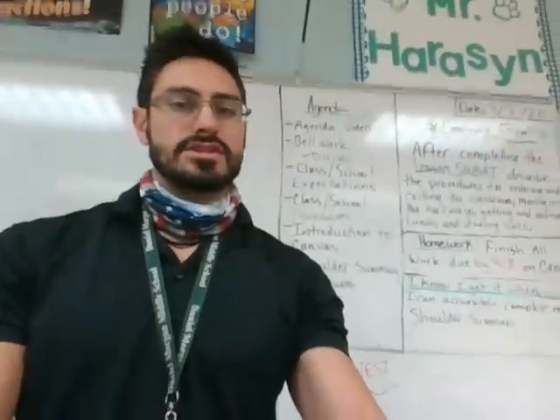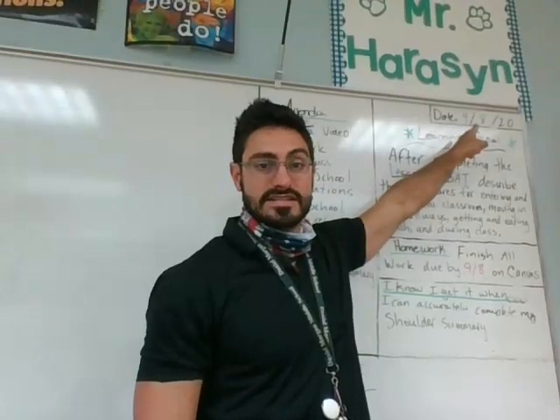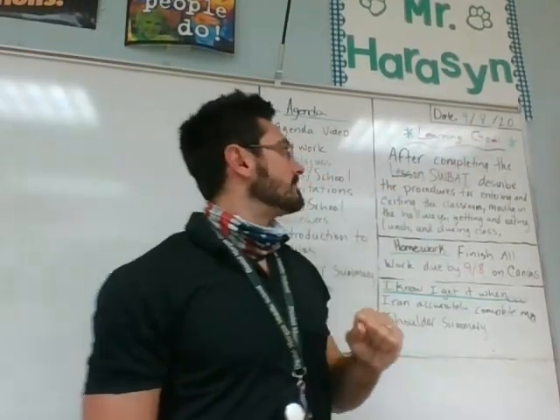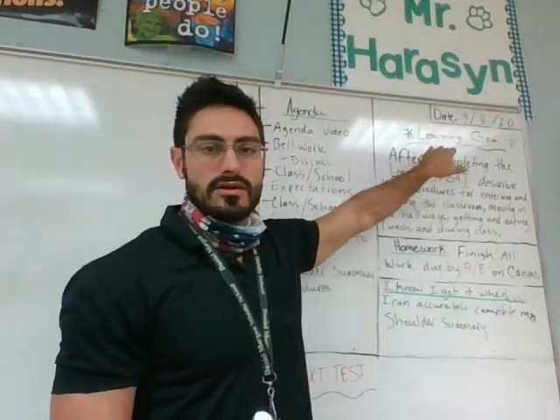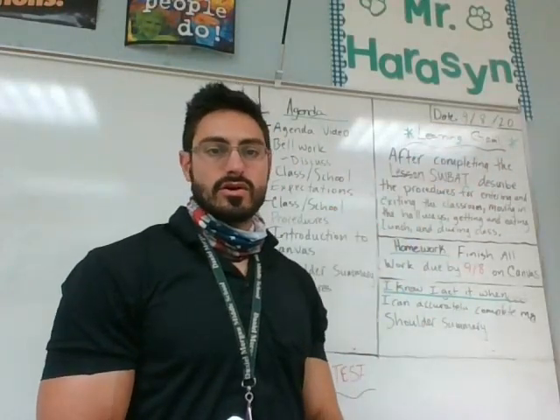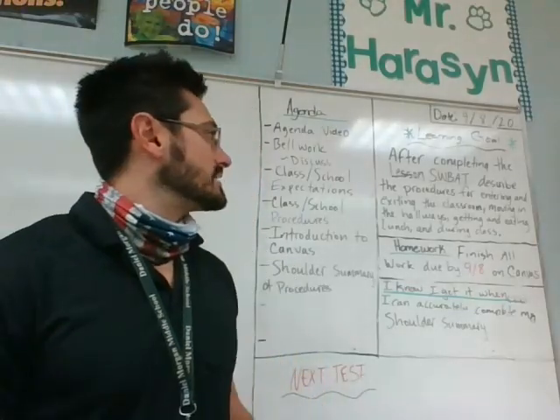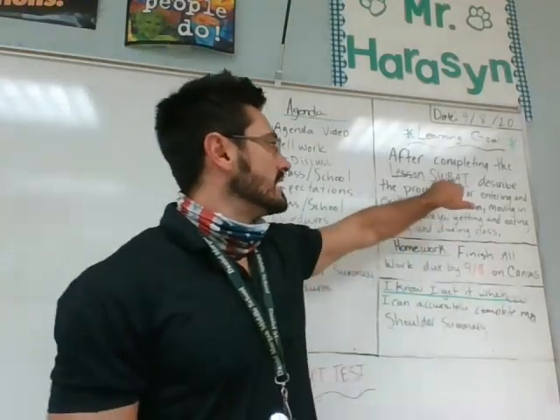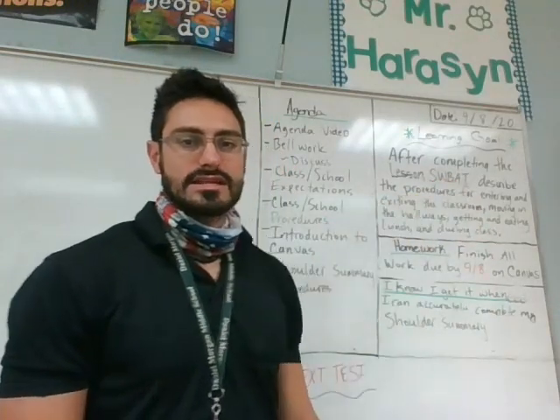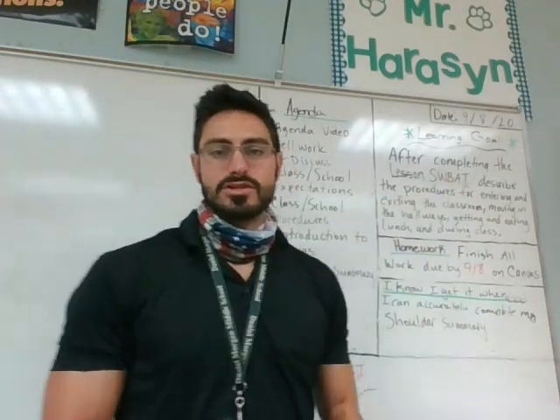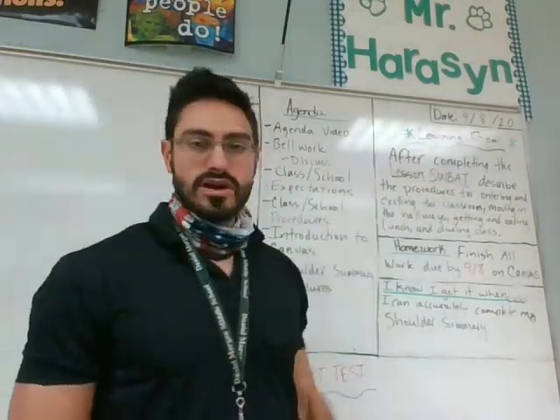The first thing I want you to look at is the date. This date's going to change every day because the day changes every day. But that's where it'll be in case you forget. Right here it says learning goal. This is your objective for the day. It's your goal by the time you leave the classroom for this lesson. So there's this little acronym here, SWBAT. It stands for students will be able to. So you, the student, by the time you leave, will be able to whatever it says next.